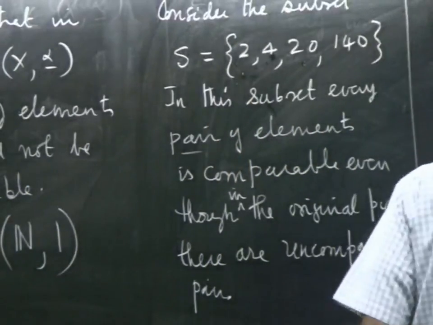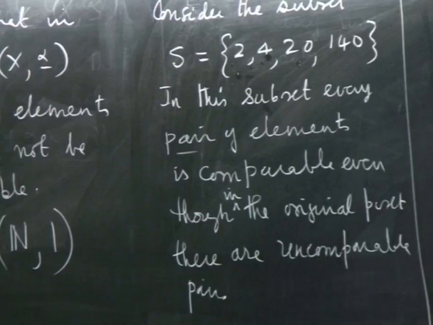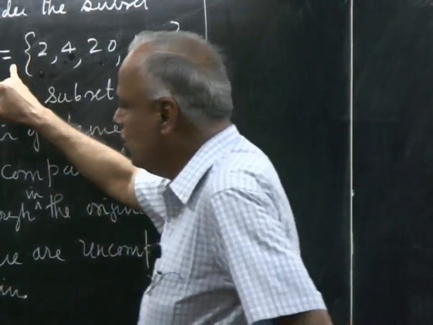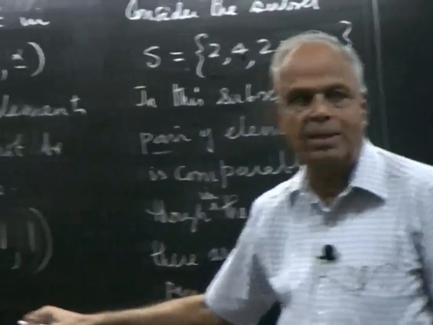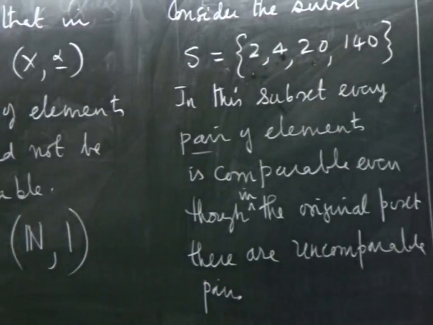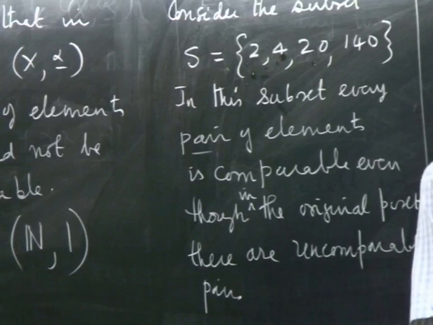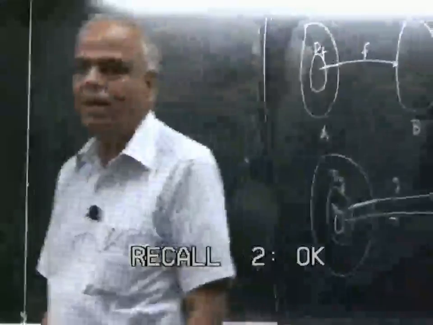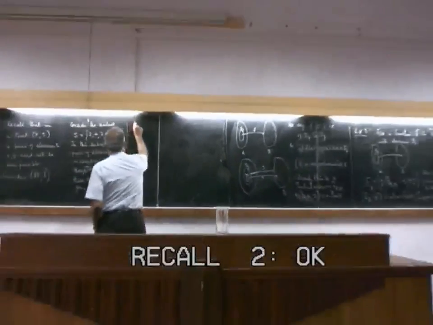Okay. So, this gives us the definition. This subset now is a subposet with the same relation, and this subposet has the property that every pair is comparable. So, in the big poset, not every pair is comparable, but if you restrict yourself to a smaller universe, things are nice there, every pair is comparable. Such smaller universes are called chains. Okay. So, definition: